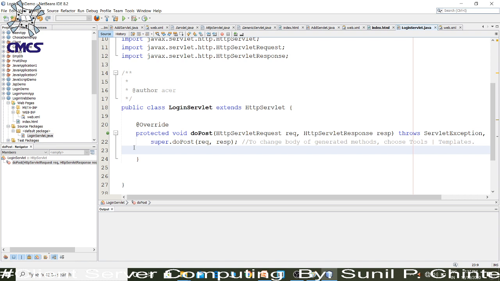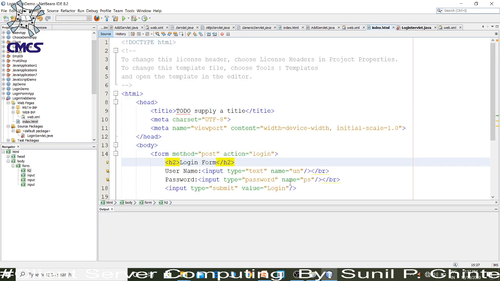For that purpose we are creating two variables of type String, that is the name, we can say username. We are taking that username from this field.